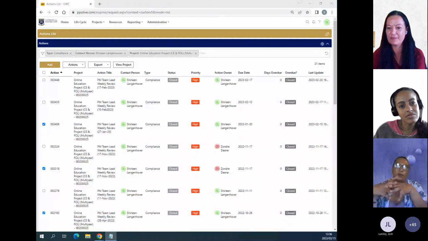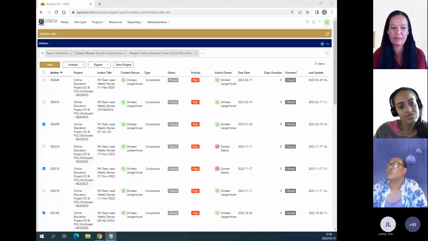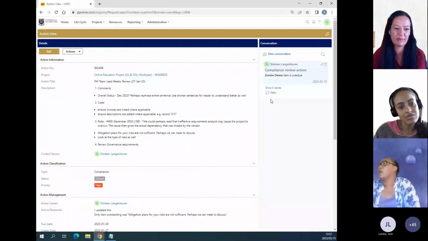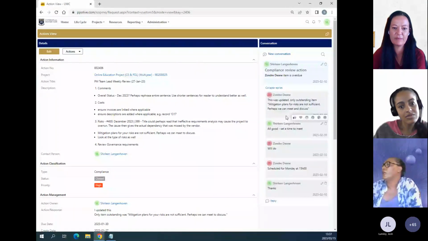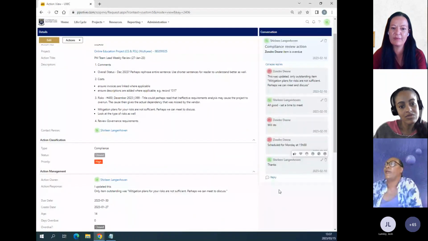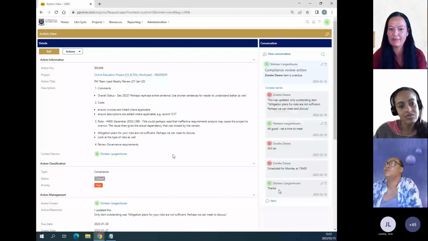Also in future, I don't know whether it's switched on, and perhaps I can just show you one of my compliance review items. And this is myself and one of our project managers just chatting away after I have listed the outcomes of the review. And as you can see, it's immediate, same day that I get the responses. And we can actually close out that action item within the same day,